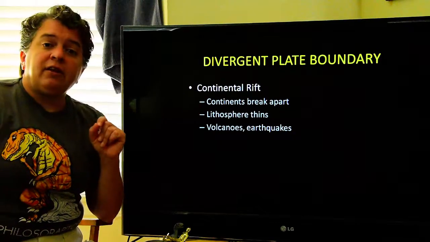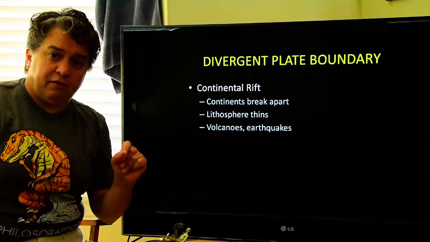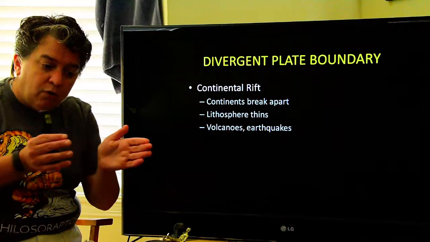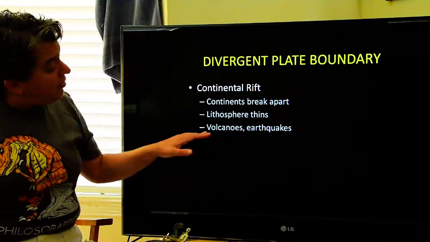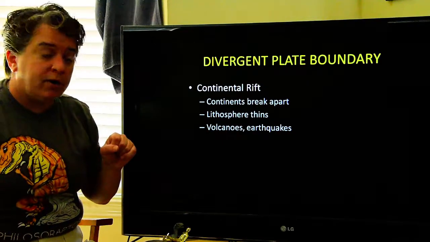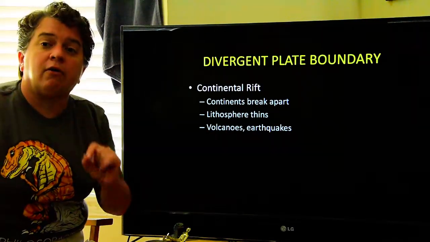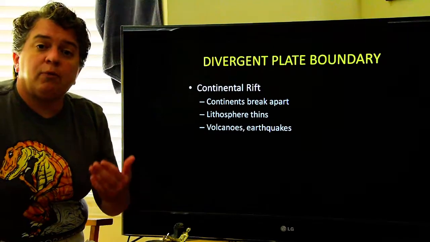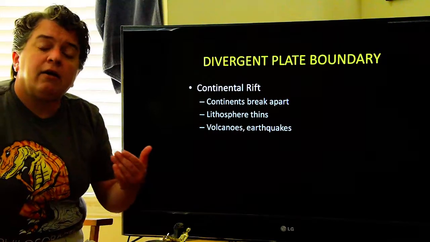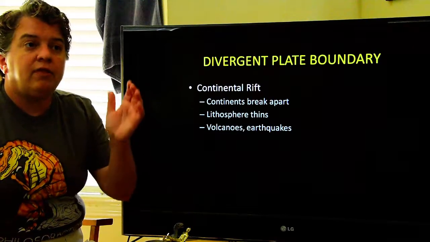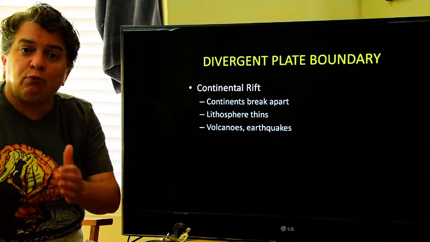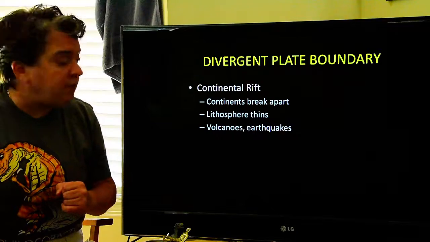In this case, the lithosphere thins, because as they move away from each other, the lithosphere gets thinner and thinner, and this causes volcanoes to occur, and this causes earthquakes. If you want to go to a place where this is happening today, go to East Africa. The East African Rift is where the easternmost part of Africa is breaking away from the rest of the African